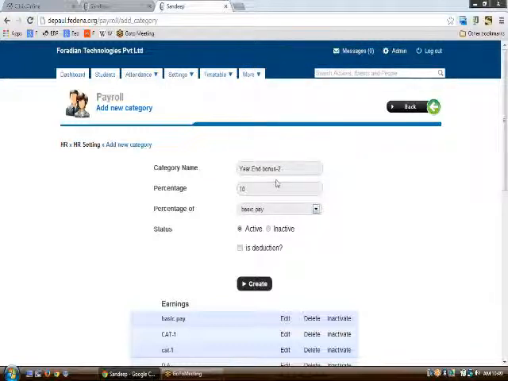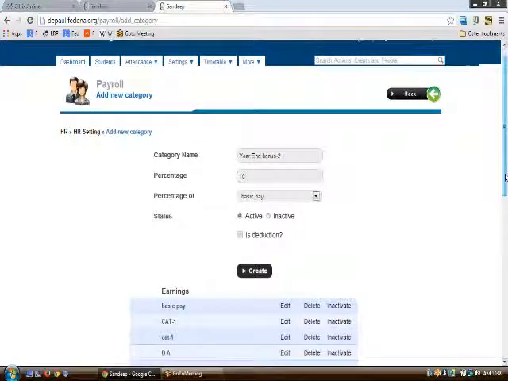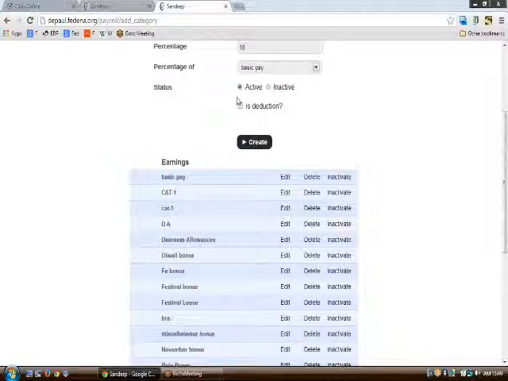To do so, I need to select basic pay as the percentage of here, and it's definitely an earning and not a deduction, so I need not select it here.